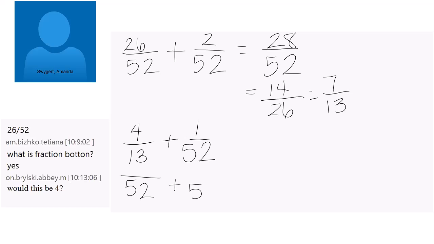Okay? And that number 4 that you're thinking of, Abby, that's going to help because there are 4 13s in 52, right? When you worked with these originally, what you would say is, whatever I do to the bottom, I need to do to the top. To turn this 13 into a 52, I have to multiply it by 4. That's why that number 4 is in your head. Whatever I do to that bottom, I'm going to have to do to the top. So 4 times 4, this would turn into 16 out of 52.